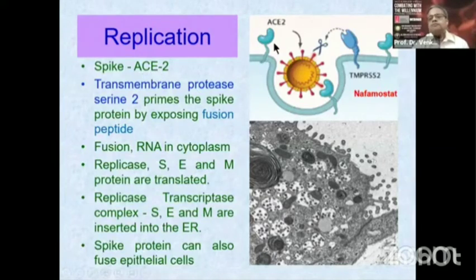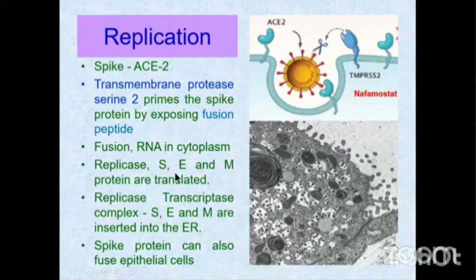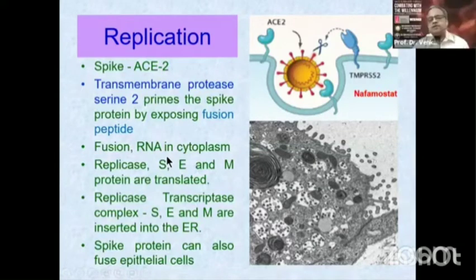The spike protein binds to this. In the picture you can see ACE2. It binds to it. Subsequent to it, a human protein called transmembrane protease serine 2 or TMPRSS2 cuts the spike, which causes the fusion peptide to get exposed. So the membrane of the virus and the cell fuse together. Once the RNA is injected into the cytoplasm, there is a